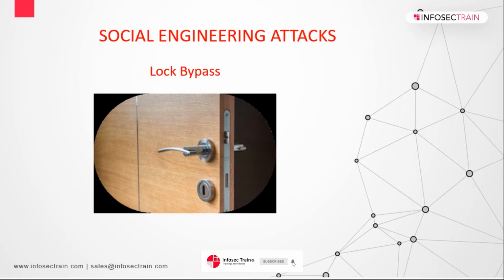So let's say any authorized person opens that door, and you don't have the key, but you also want to enter that particular room and see what is inside. What you'll do is place a wedge or something in between so that it never gets closed, and you can open it anytime, anywhere you want, right? So that's your lock bypass for this one.